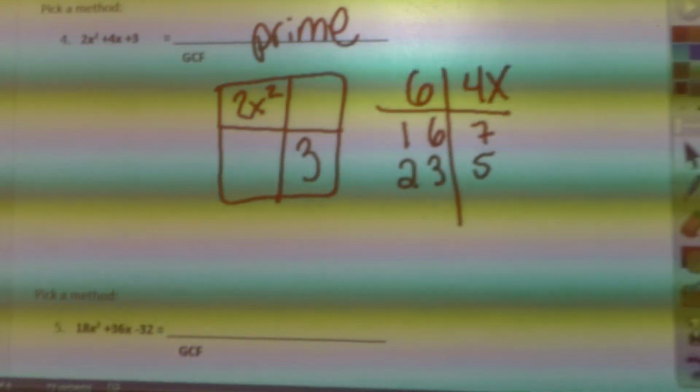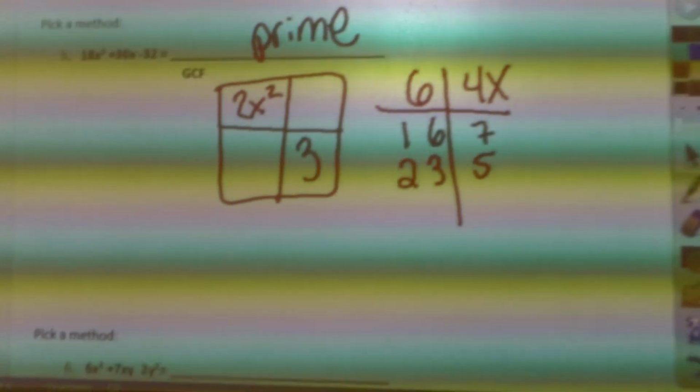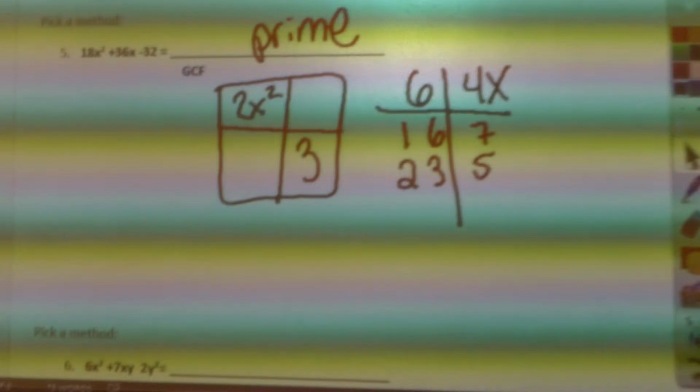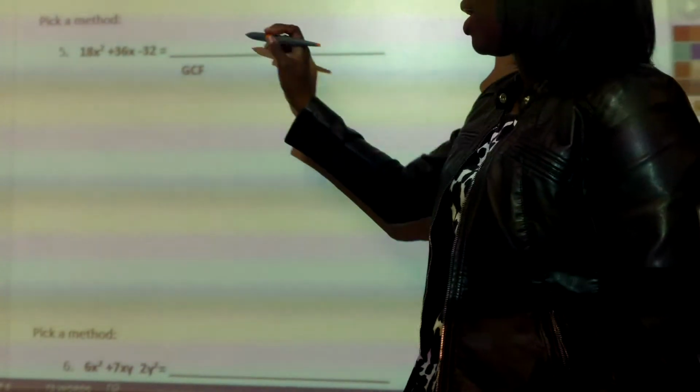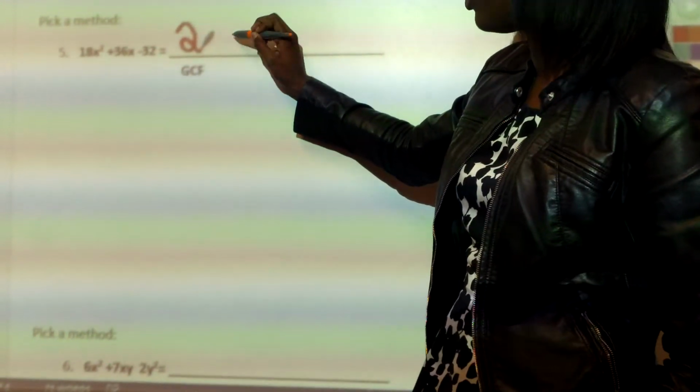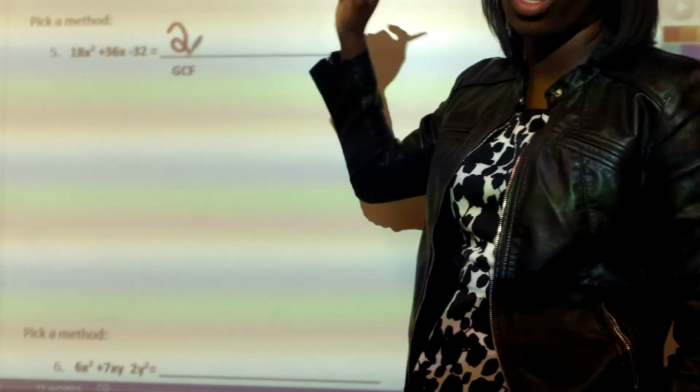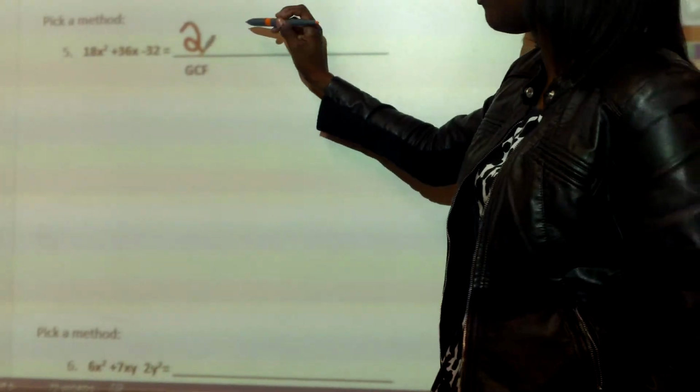Thank you. All right. Number 5. Pay close attention to number 5. We notice we have large numbers, so what should be the first step? GCF. I mean that. And the GCF is 2. 2 is the only number that can go into all 3 terms. So if we divide it all by